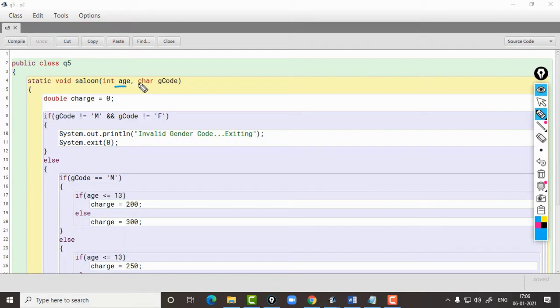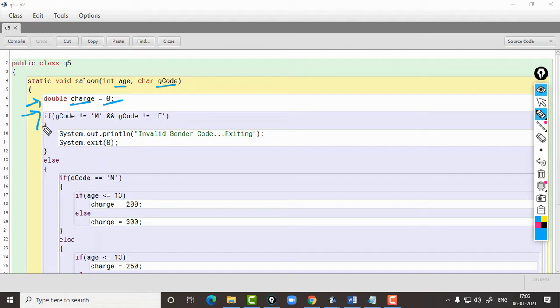So I have taken the age and gender code, G code, as parameters. Then inside I have declared a variable charge and initialized it with 0.